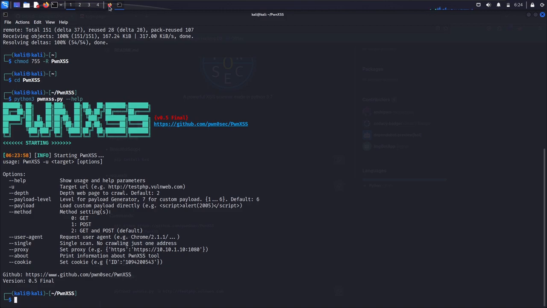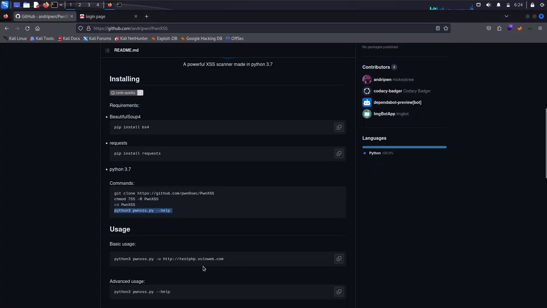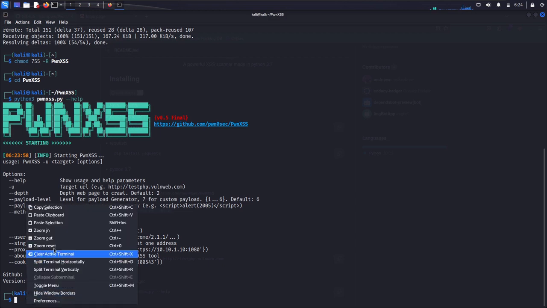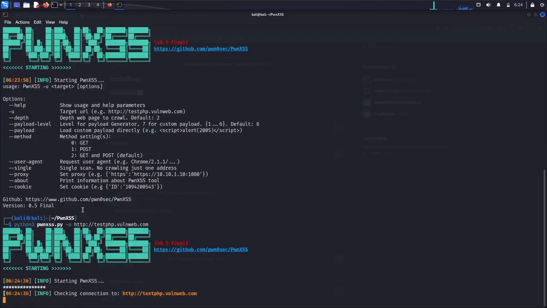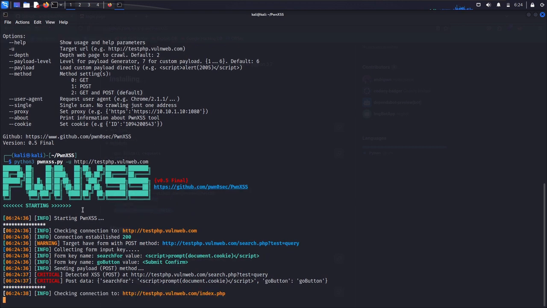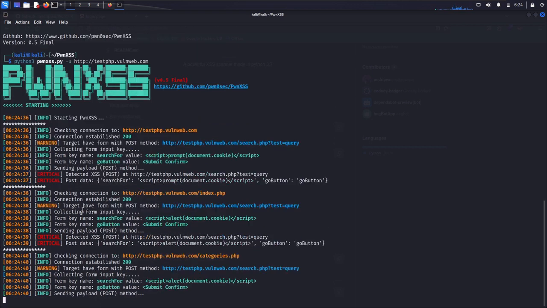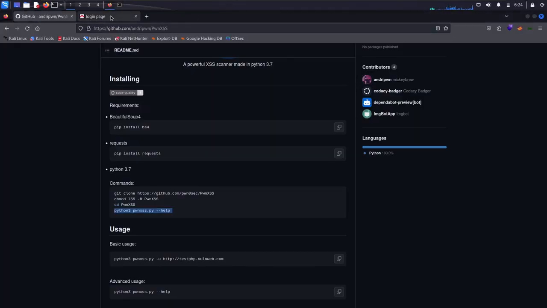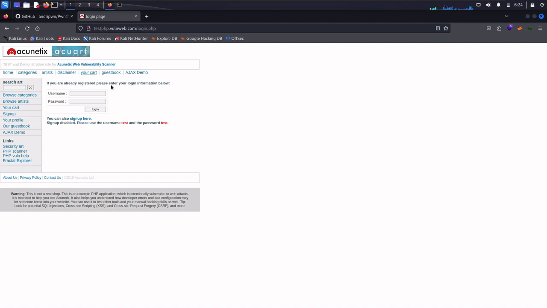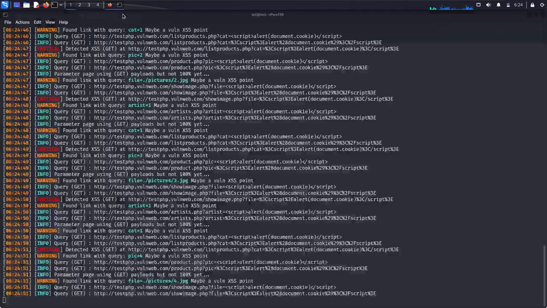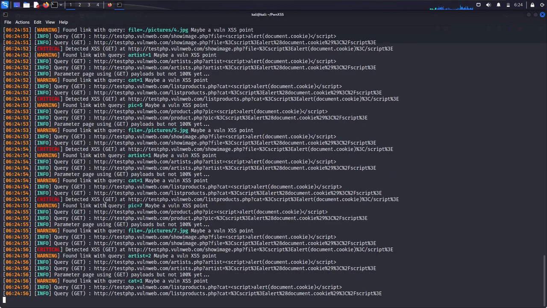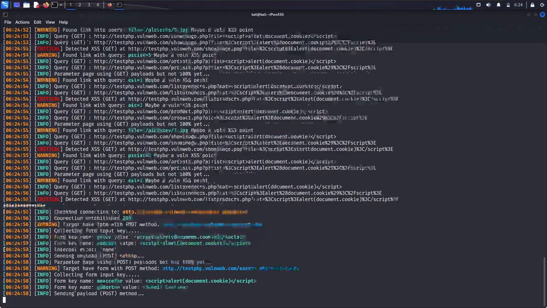But quickly, let's still check our GitHub page for a first simple example of the usage, right? So we'll copy it, come back to our terminal, paste it, and then run. So we're sending this PwnXSS crawler to test.php. This is the website we're testing it on. Let me show you what the website looks like. This is the website we're testing it on if there is an XSS attack, right? And I believe the results were already out. You can see some, okay, let's quickly wait,